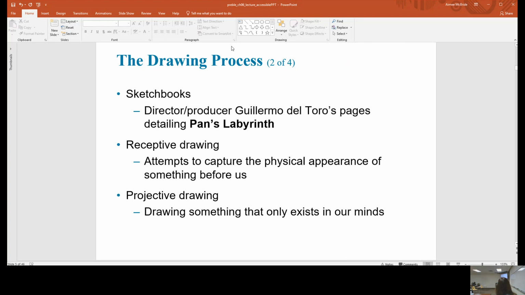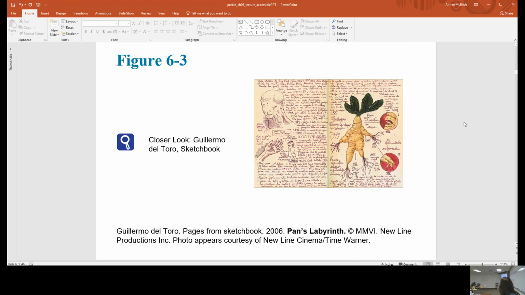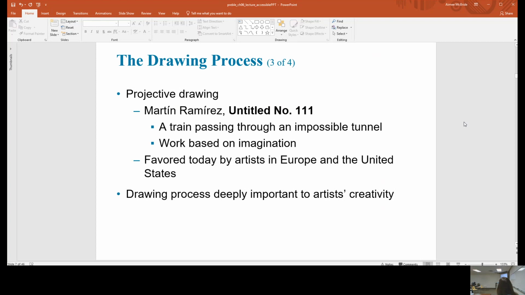But like I was saying, sometimes they'll do it for sketchbooks. Other times they'll be like Da Vinci and try to capture the appearance of something that they're looking at, like the profile of the man that he was looking at. Sometimes it's a projective drawing, so a drawing that they do in preparation for a larger work, which is exactly what this one and this one are. They're both projective drawings. Another example of a projective drawing is Untitled